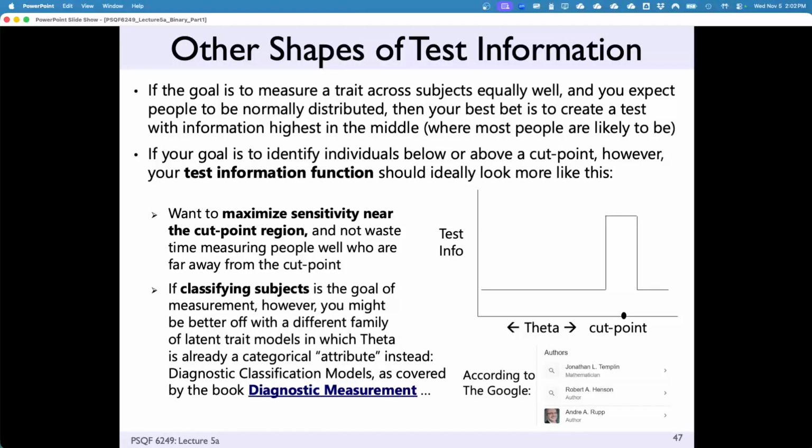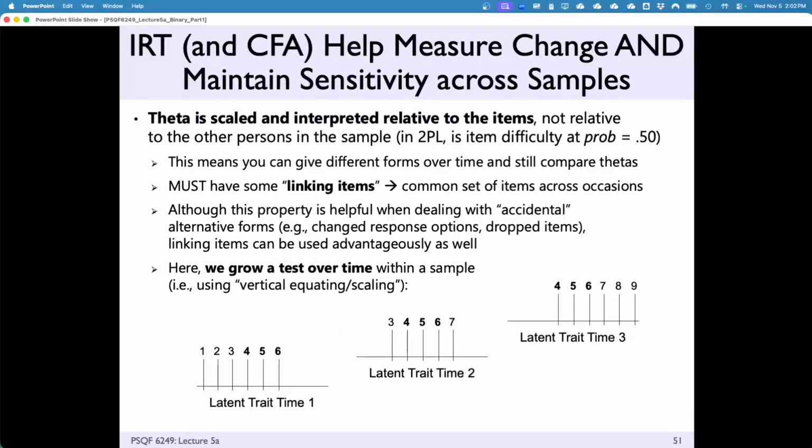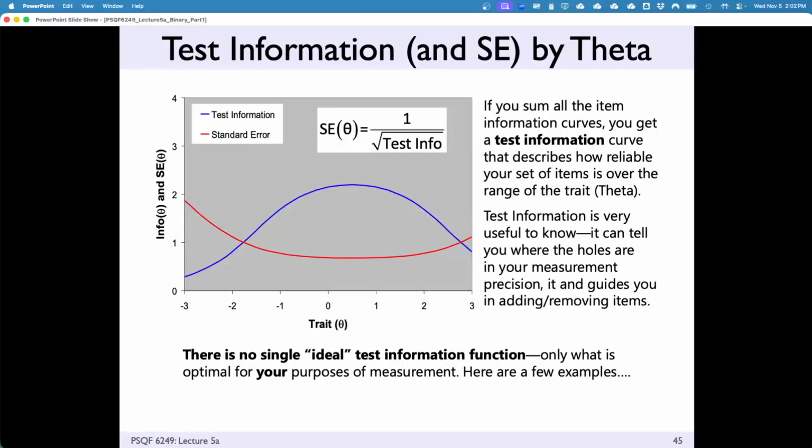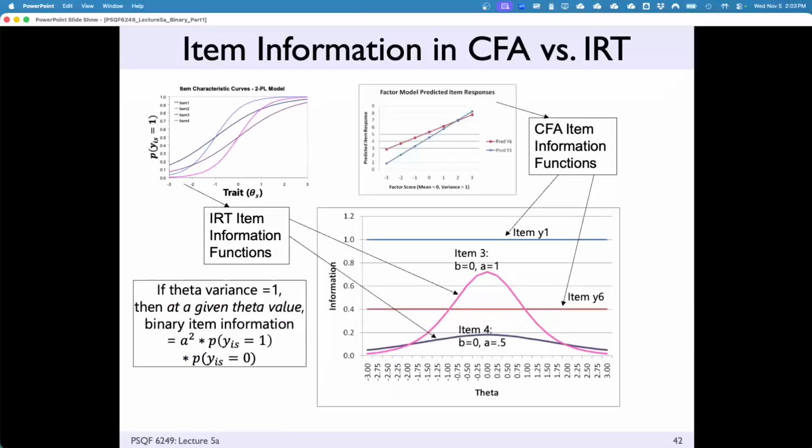What's this right here? Test information. So this is how adaptive tests actually work, by the way. How many of you have taken an adaptive test before? No? Yeah? An adaptive test is usually run with IRT. Every time you take an item, it will give you a new update as to where it thinks your theta is on the backside. And then based on where your theta is, let's go up here, right? Let's imagine it gives you your first item and you're at -1 here. It will go back to this spot right here.